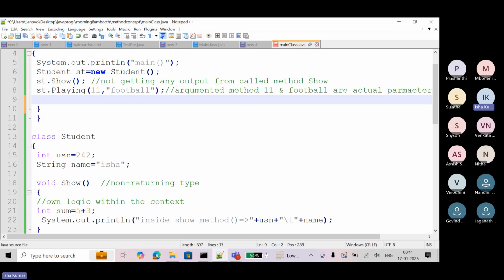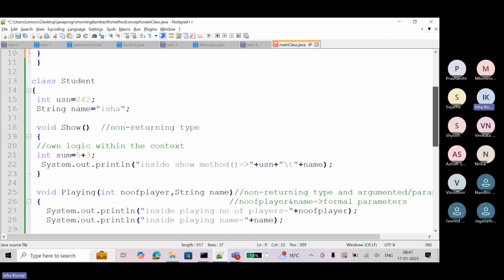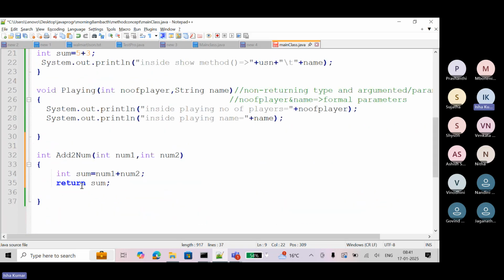So from where you call, you store this. First of all, you write st dot add two num method, pass any numbers, whatever you want. Let's say I am passing 200 and 300. So actually from here, num1 200 plus 300, 500, it will return to the caller.